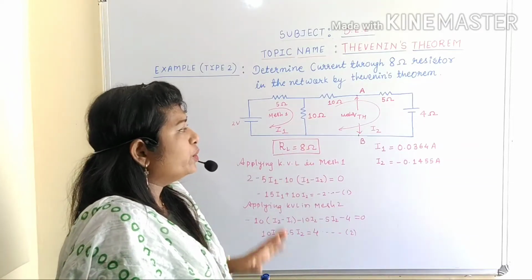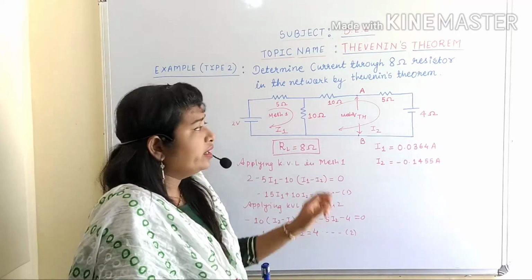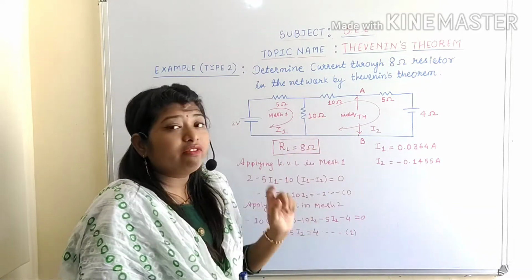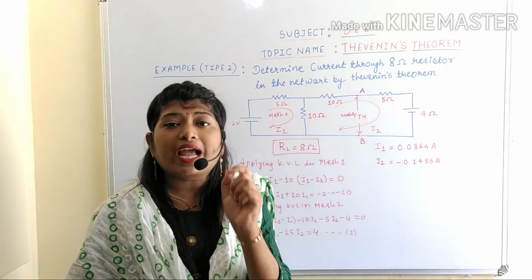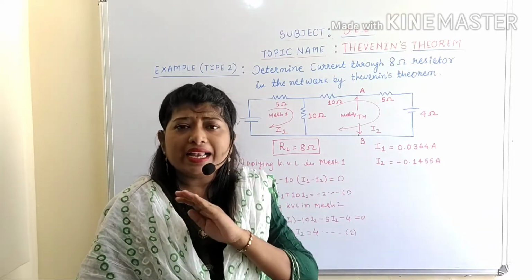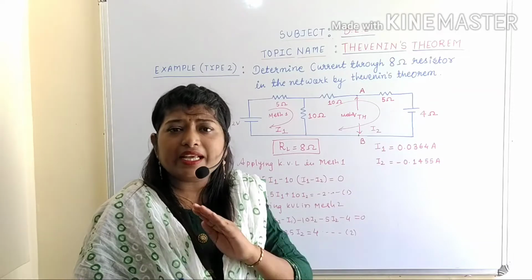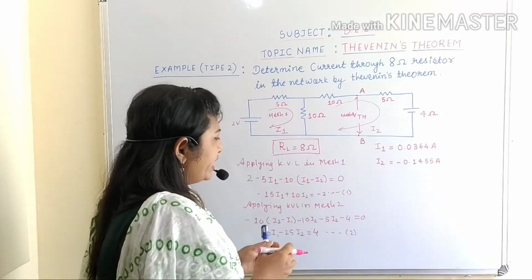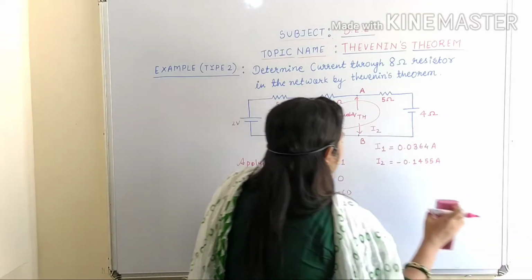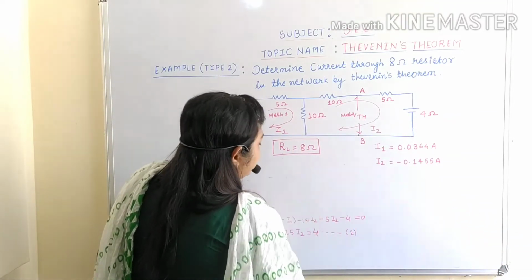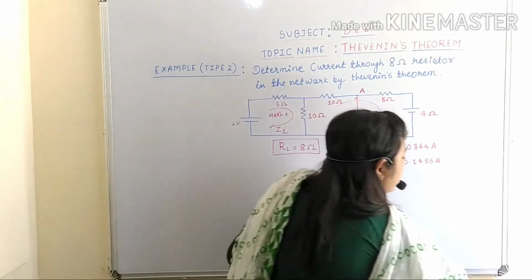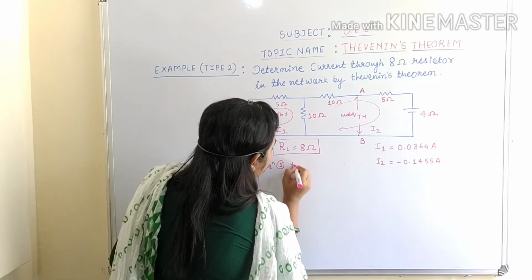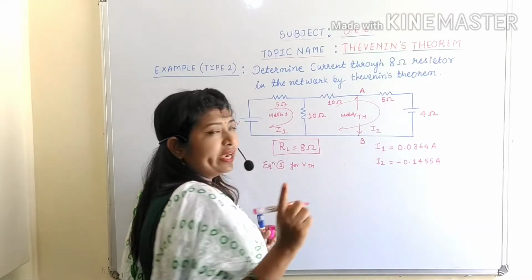So how are you going to calculate the VTH equation if the resistance is connected between two meshes? There will be 4 possibilities to calculate the VTH equation. I'll explain all the possibilities, how to get all the 4 equations. Okay, please pay attention one by one. Let's begin with the first equation, equation number 1 for VTH. Okay, please pay attention over here.